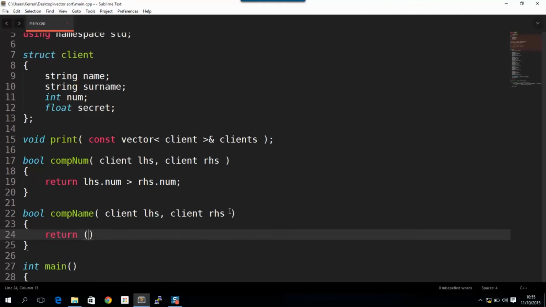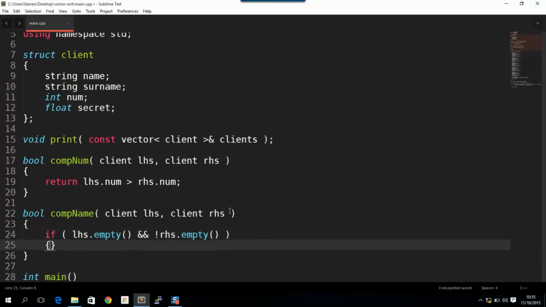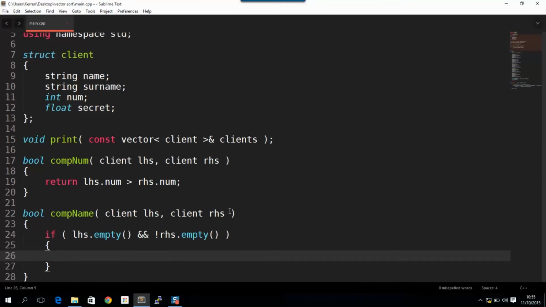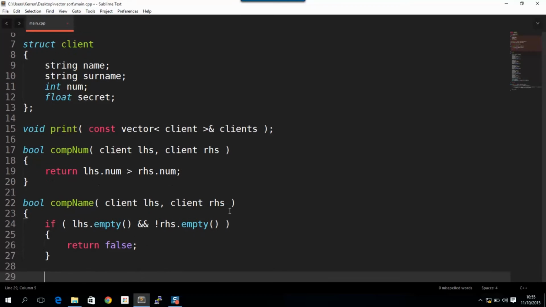So we say if LHS is empty and not RHS dot empty. So we're just saying that the left one's empty, and the right one's not. Then is the left one greater than the right one? No. Okay. Now let's see if